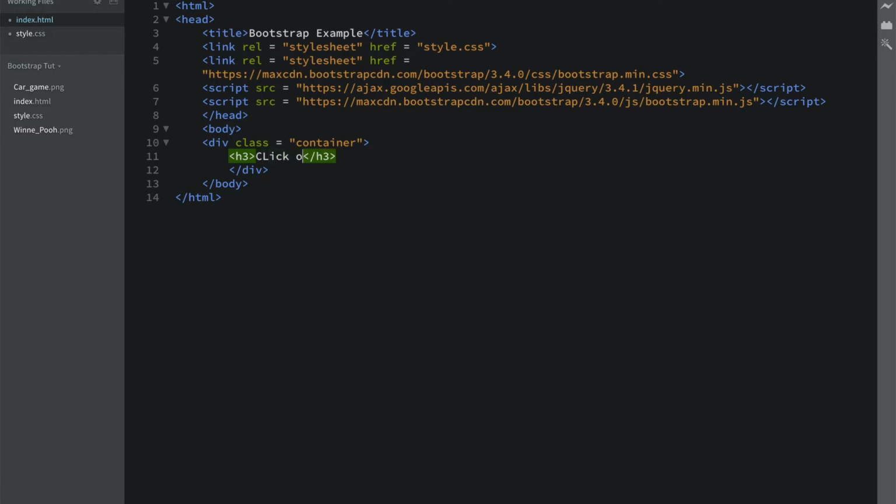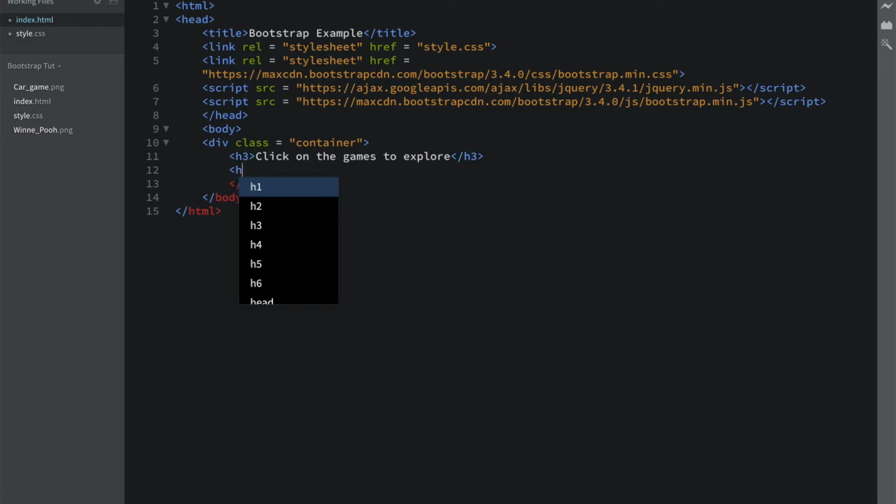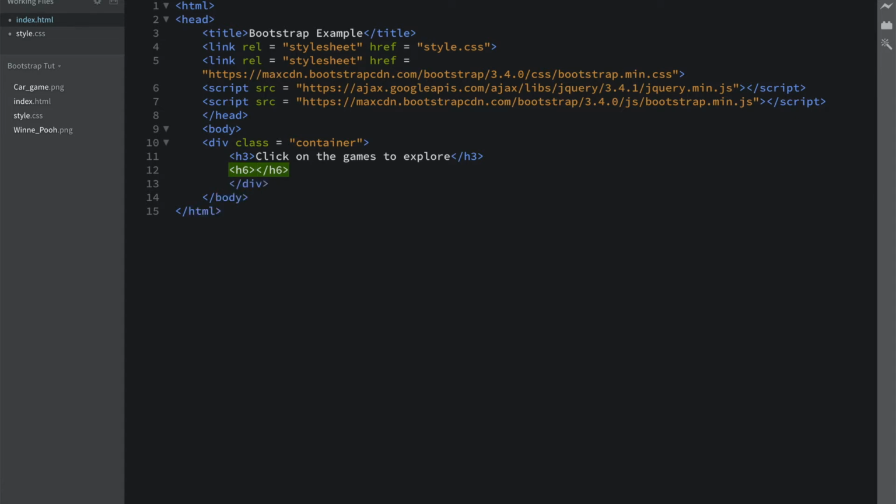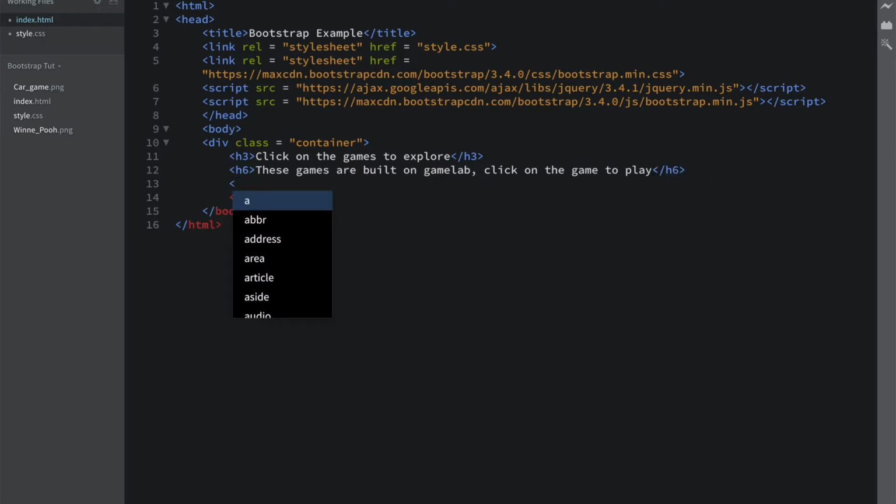So click on explore, h6. So these games are built on Game Lab. Click on the game to play. Okay. So inside this should be a div